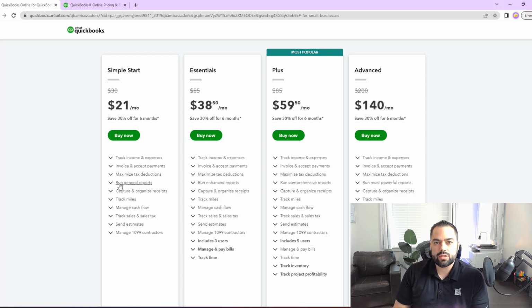So your profit and loss, your balance sheet, some cash flow reports, a few reports that'll help you with your business. A newer feature, fairly new over the past couple of years, is capture and organize receipts. So if you're used to having your shoebox of receipts, this is a good way of just taking a quick snapshot of your receipt and uploading it to QuickBooks, and then you'll be able to tie it to that transaction in QuickBooks. And then you'll be able to track mileage. Again, there's reports for